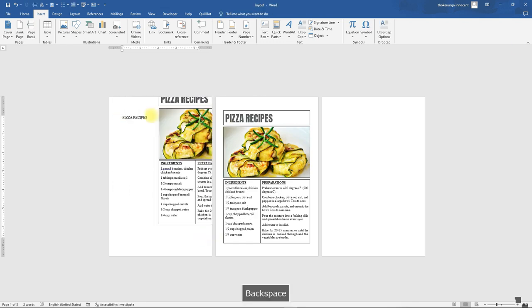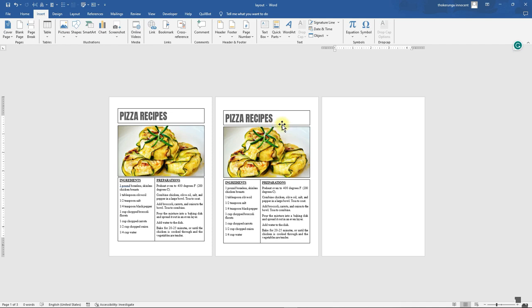So let me first remove this. So recipe new, as you can see, this is what I have. Yes, this is what I have. This is a recipe